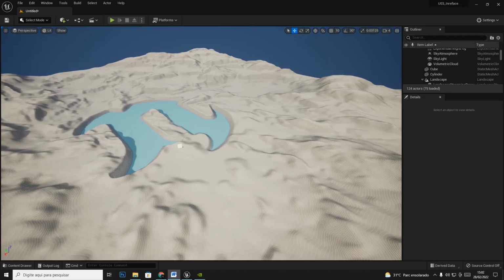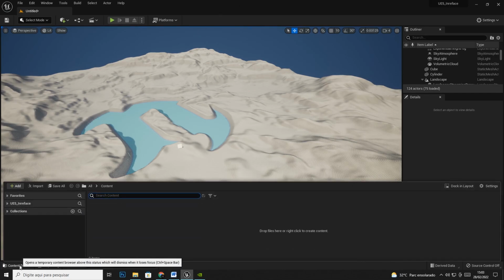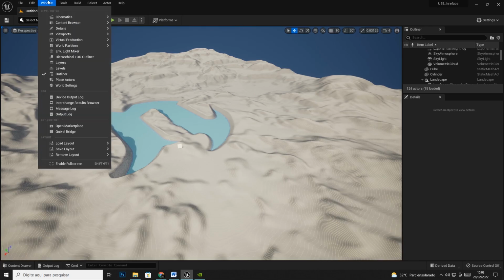Cool. And now, how we imported the files. We talked about the interface, about the buttons, how to browse in Unreal Engine, how we can bring the files from 3ds Max, for example, to here inside Unreal. It's very simple. You're gonna access your content area, clicking here, or Window, Content Browser,